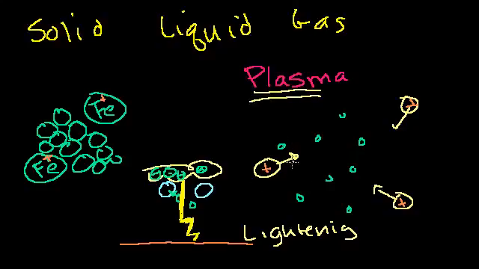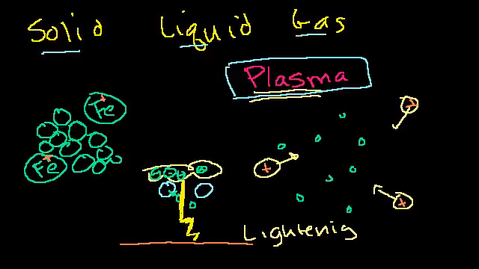So I thought I would touch on that because it's an interesting subject and it exists in the universe. On a universal level, because stars are pretty much all plasma, it is actually the most common state of matter in the universe, although in our everyday life, we probably encounter solids, liquids, and gases a lot more.